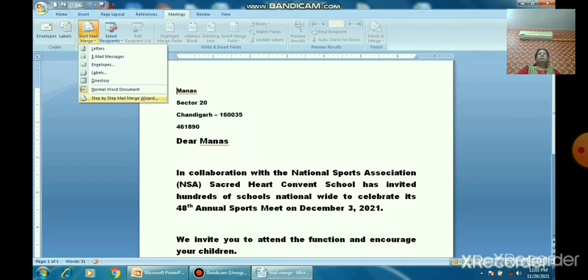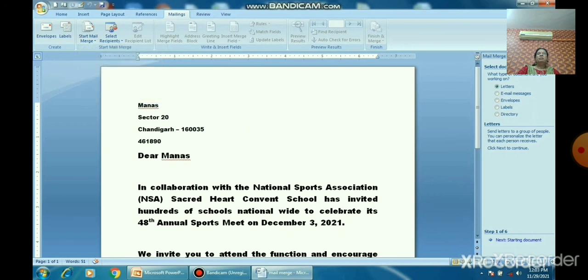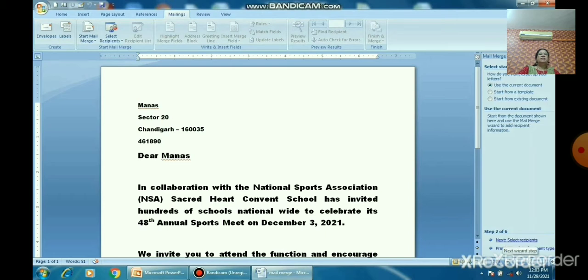Now, we will go to the Mailing tab. Click on the Mailing tab. You can see on the right side, options are there. In the Mailing tab, select Letters. The letter is already typed now. We will delete the address afterwards. So the letter is already there. This letter I want to send to multiple people with the help of mail merge. Now, the letter is over.